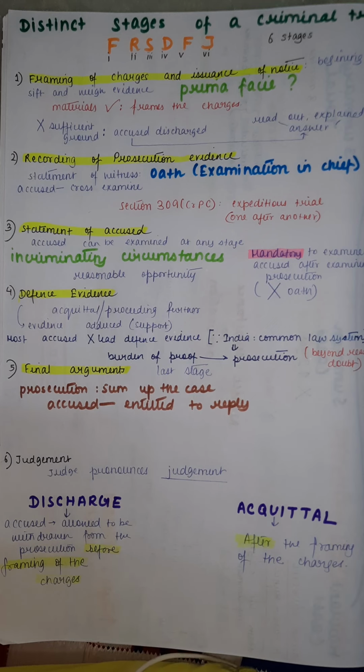The accused can be examined at any stage of the trial by the court. And what is the purpose of this examination? The accused is given a reasonable opportunity to explain incriminating circumstances, as in certain circumstances which force the accused to be a witness against himself or herself. Now you see how beautifully the Indian constitution and the legal system has given safeguards to all the citizens of India to prevent some wrong